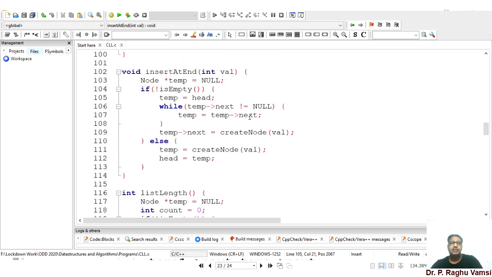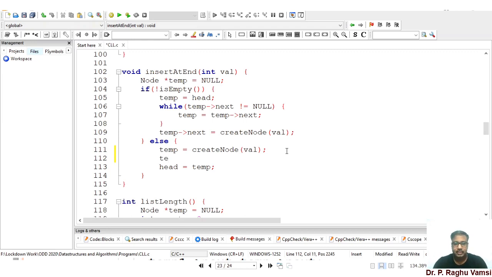Insert at end means you are supposed to traverse till the end of the list, and there you have to create a node, and that node's next must be head. That is, whenever you have the complete list. If you don't have any list, then whatever node that you create is the starting node.